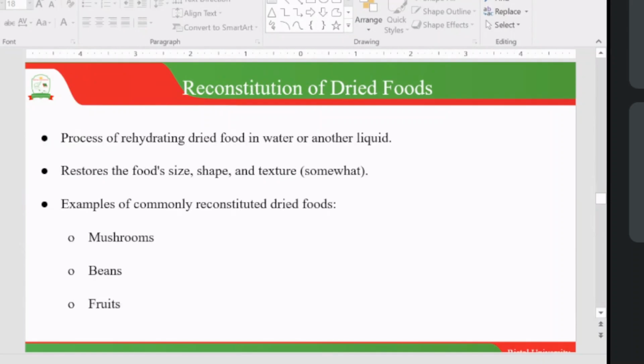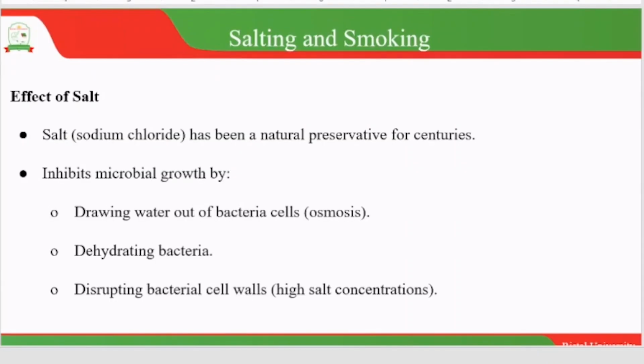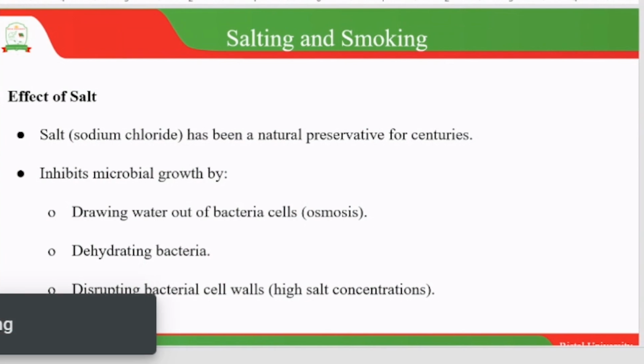So reconstitution of these dried foods is the process of rehydrating them in water. Examples of these reconstituted foods are mushrooms and beans. In most cases, we can also use salt. Salt was a big commodity. We understand the terms of trade. Whatever is going to be used as a medium of exchange should be as rare as possible, until money came in, etc. And we are saying this salt inhibits microbial growth by drawing water out of the bacterial cells